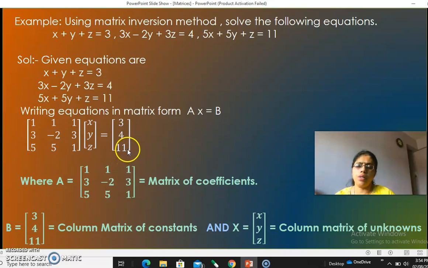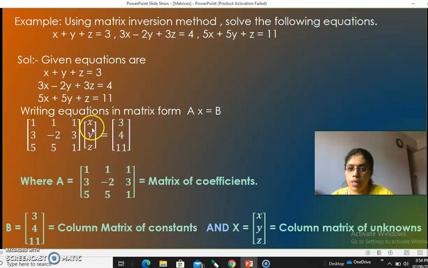Fine. Why are we going to write in this form only? Why are we considering only column matrices here? Okay. See, when you multiply these two matrices, the multiplication is already explained to you. When you multiply, we multiply row with column. This is just another way of writing these equations. We are just writing these equations in matrix form. Actually, they both have the same meaning.